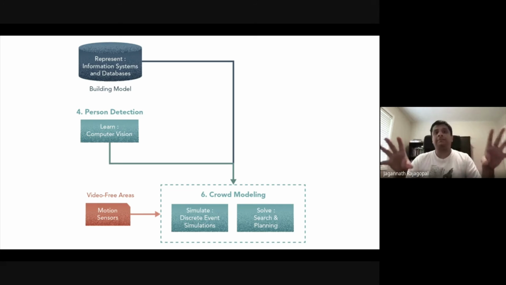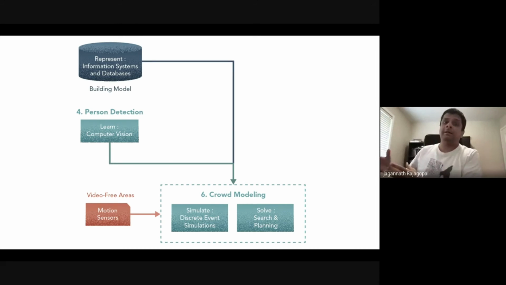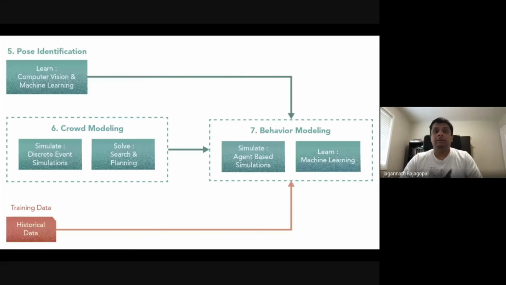So here, step 6, again, there's two parts to it. One is the solver either creating the paths or enriching them based on the simulation you're running. And then the next part is the simulation, which is either a discrete event simulation or an agent-based simulation. And we are choosing to run a discrete event simulation in step 6. Okay, so the next step is behavior modeling. In step 6, you obtain the crowd model. Okay, so you do that through a simulation, and it uses a solver to get paths.